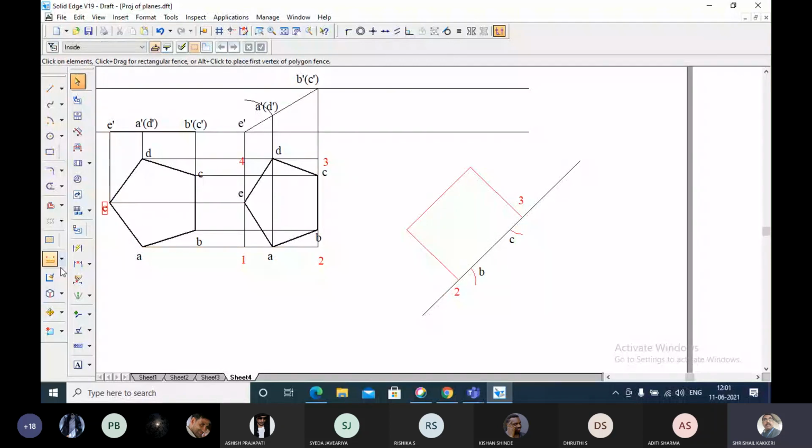Now, already this point is exactly at the midpoint of this, you can show it. And what is this distance? Let me find out. 1 to A, 12.55. That will be equal to this 12.55. So how can we do this? Take an arc from the mid of this one, 12.55. Sorry, here 12.55.